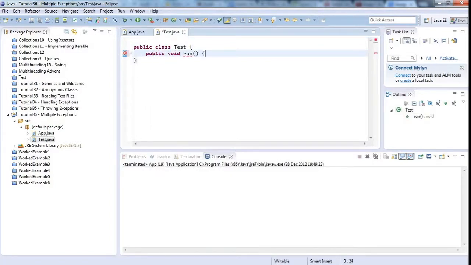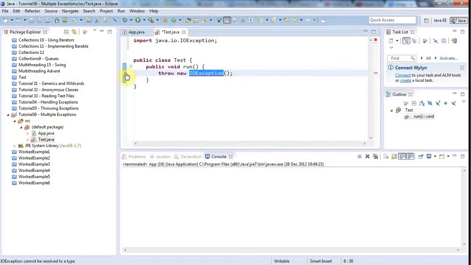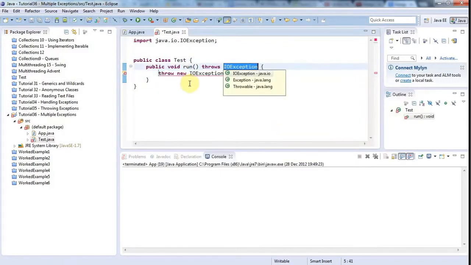Let's make it public void, and let's just call it run, just to pluck a name out of the air. And let's imagine that run throws some exception, or it could throw an exception, because you are very rarely going to have a method that automatically throws an exception unless it's some sort of not implemented exception. But let's just imagine that we've detected some error and then we want to throw a new, let's say, IO exception. Now I'm going to have to add a throws clause here, so let's click the error and import IOException,